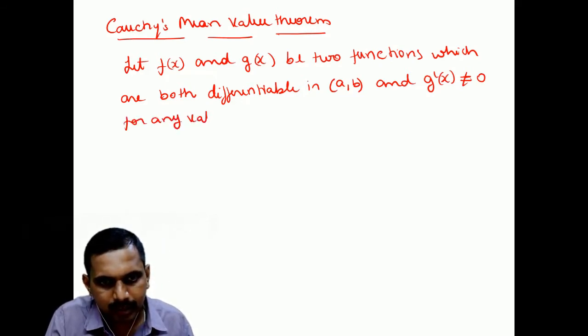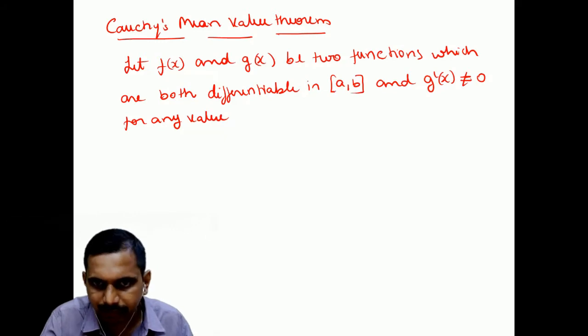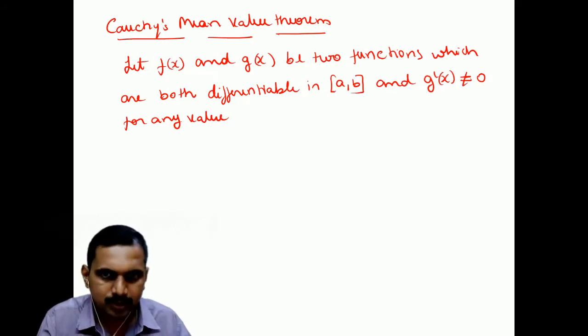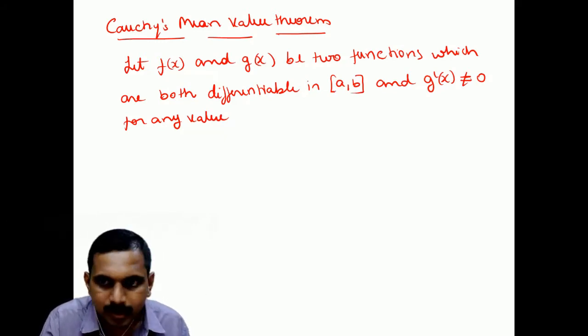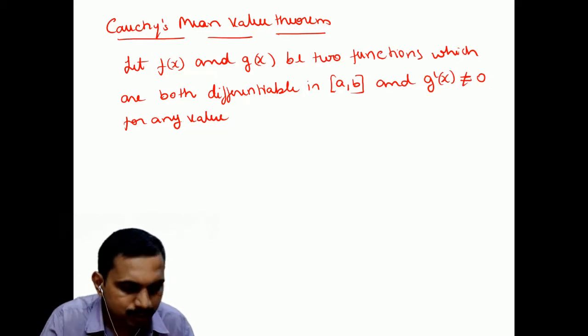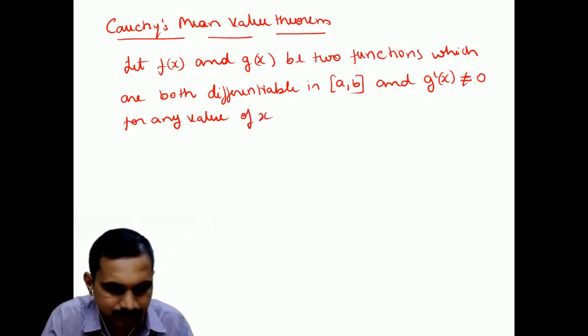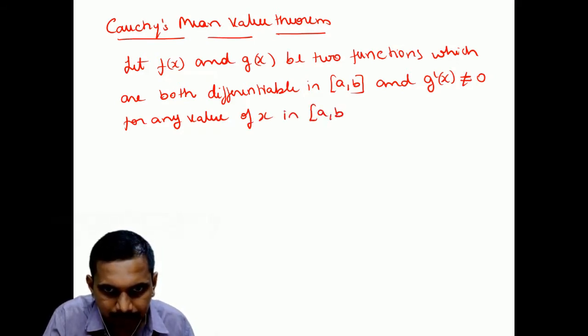I'll use a closed interval here, students, as they have done it, because when you say closed interval differentiable, it is continuous also. So g dash of x is not equal to 0 for any value of x in closed interval AB,